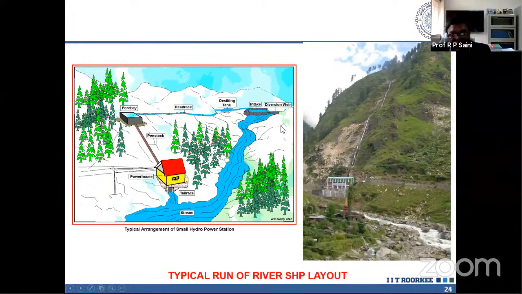That means, let me tell you, if you have this type of site, that is a hilly base, the components will be this: the diversion to divert the water, the desilting tank to remove the silt from the water, and the head race channel to transport the water to the forebay tank. From the forebay tank, water is supplied to the turbine through the penstock, and the tail race conveys the water from the turbine back to the stream. So these are the things, the powerhouse building. All these things come under civil work.